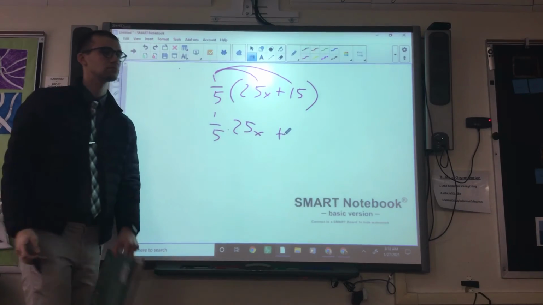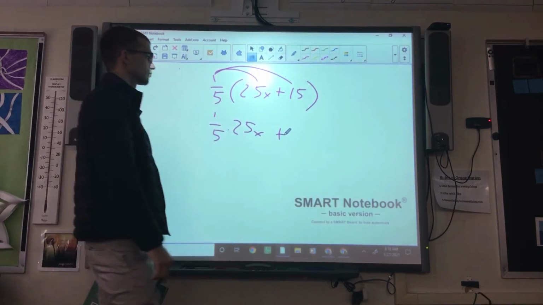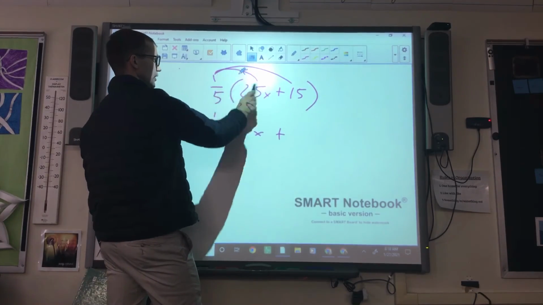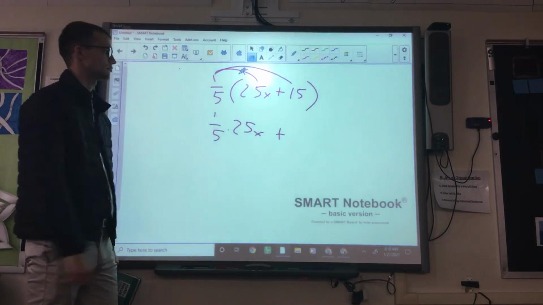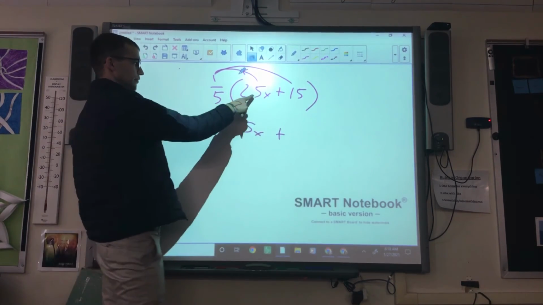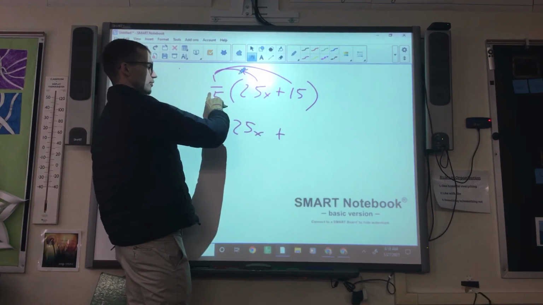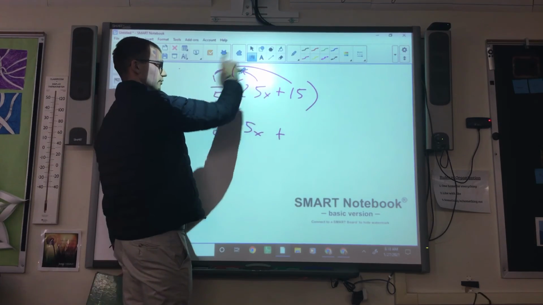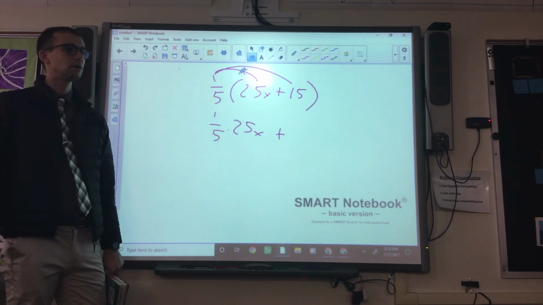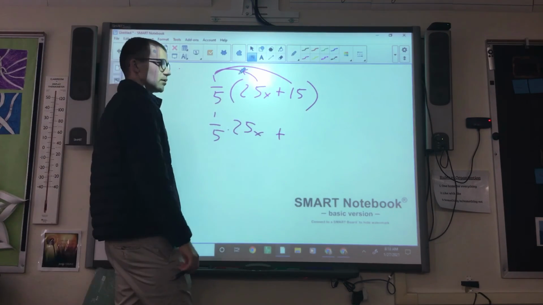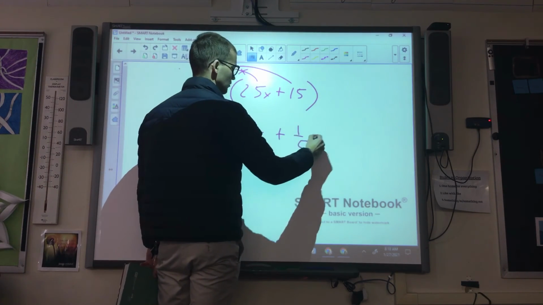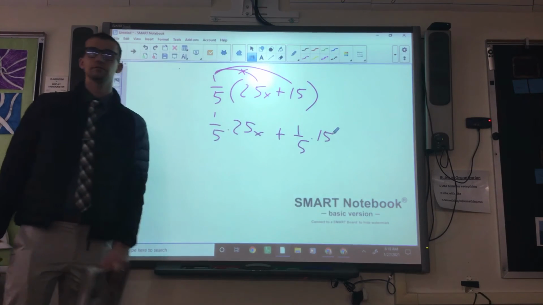We already used 25x, so we have to use the other term now. 25x only gets multiplied by 1/5, it doesn't also get linked to something else. So you use 25x once times 1/5, and you use 1/5 twice: once for 25x, and once for 15. So 1/5 times 15. And our final answer is